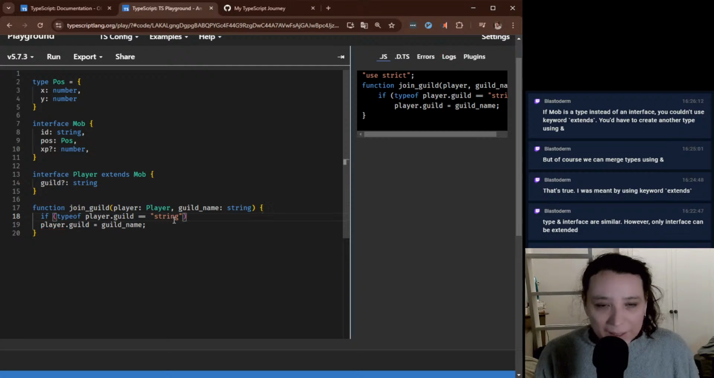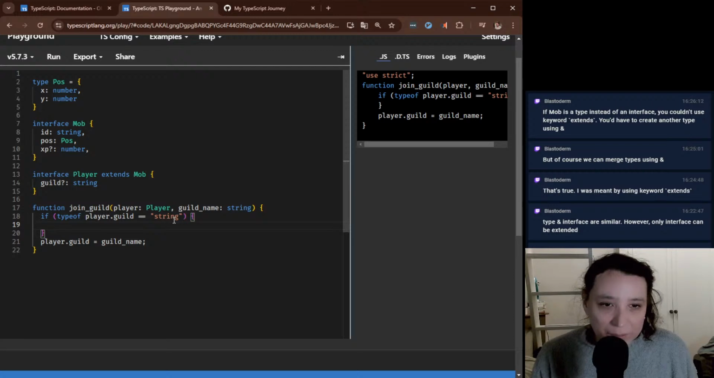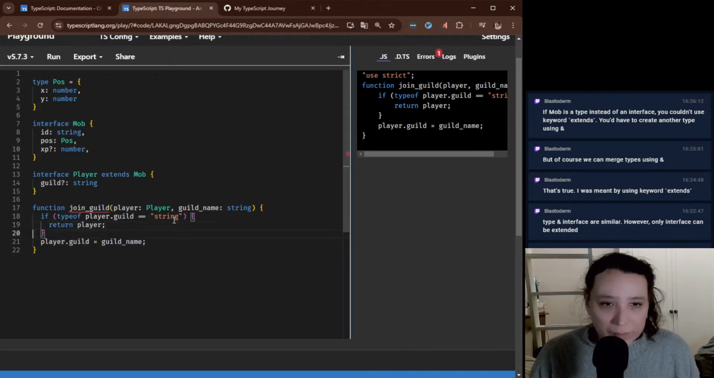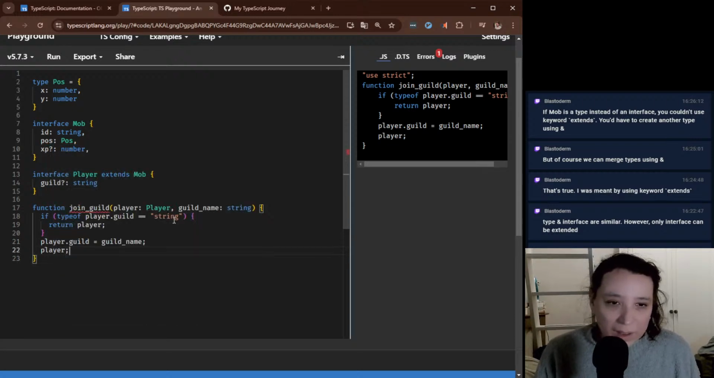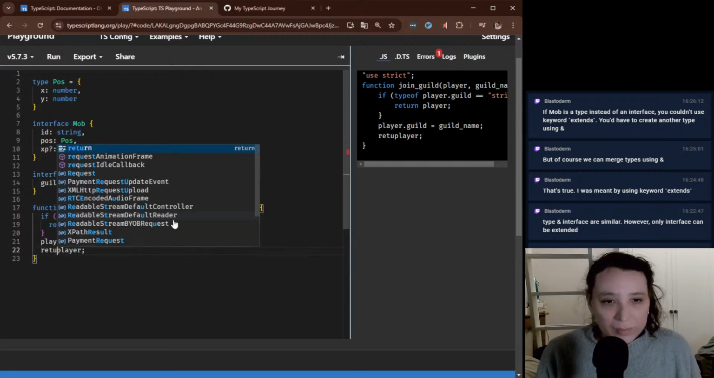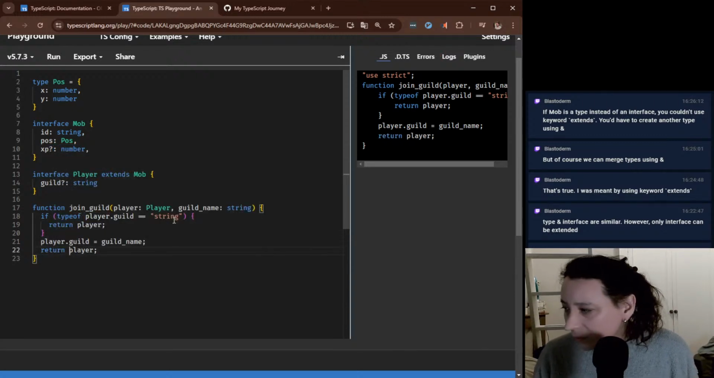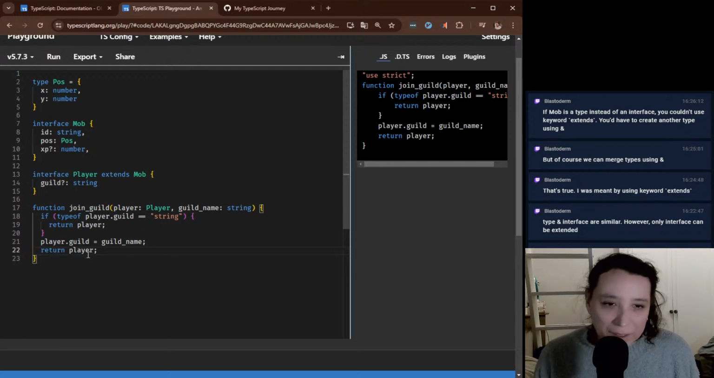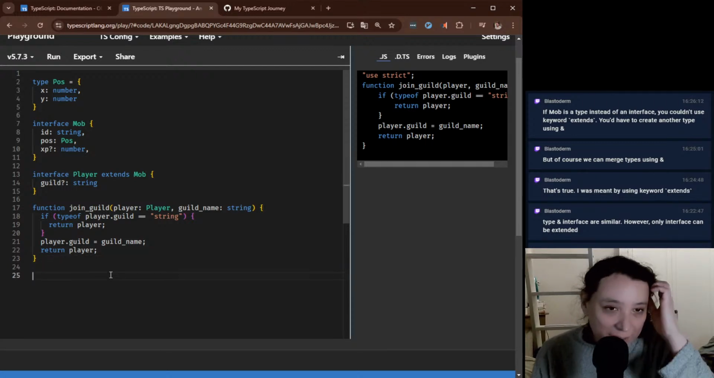So I'm basically saying if it's a string, which means it's not undefined, right? Then we don't change it. Otherwise, we return the new player. Right, you have to use the AND operator, or I guess intersection. We haven't gone to that, I don't think, but